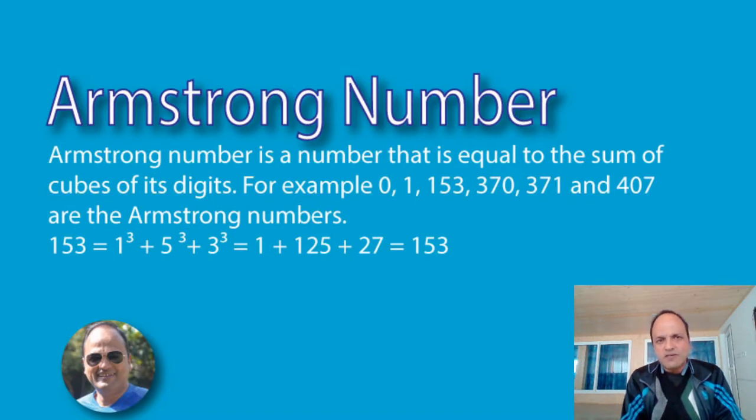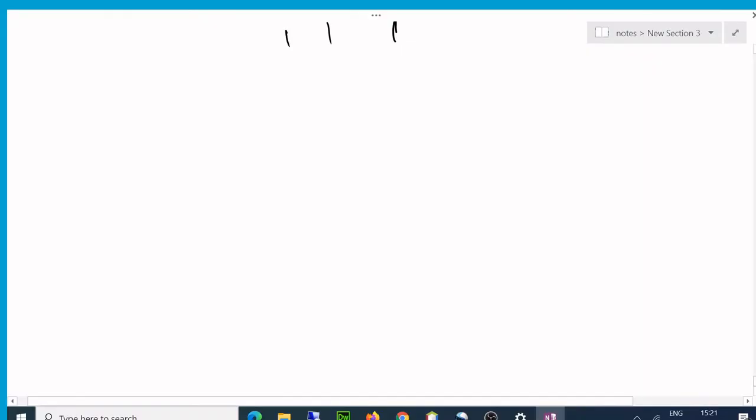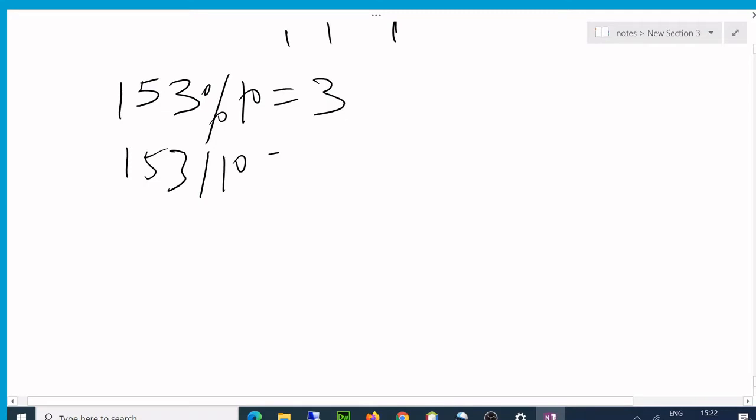Since we already know the technique, I don't think we need to dwell much on it, but anyway, I'll try and explain it to you. Okay, so let's see how to do it. So 1, 5, 3. In the last video I told you how to extract the digits. So if I have to extract the digits, what are we going to get? First we get the last digit 3,